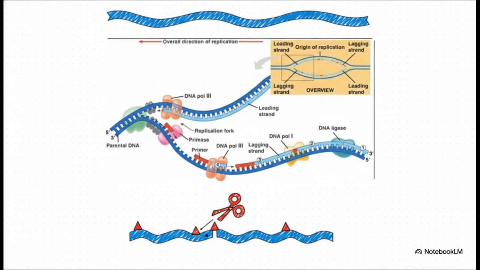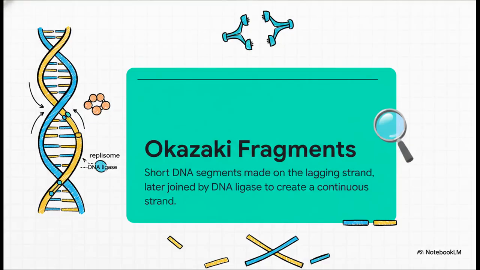one continuous strand. And these short DNA segments on the lagging strand, they actually have a name. They're called Okazaki fragments, named after the scientists who discovered them. They are the fundamental, disconnected little building blocks of that lagging strand. The replisome just churns them out one after another, and then DNA ligase comes along behind it to seal up